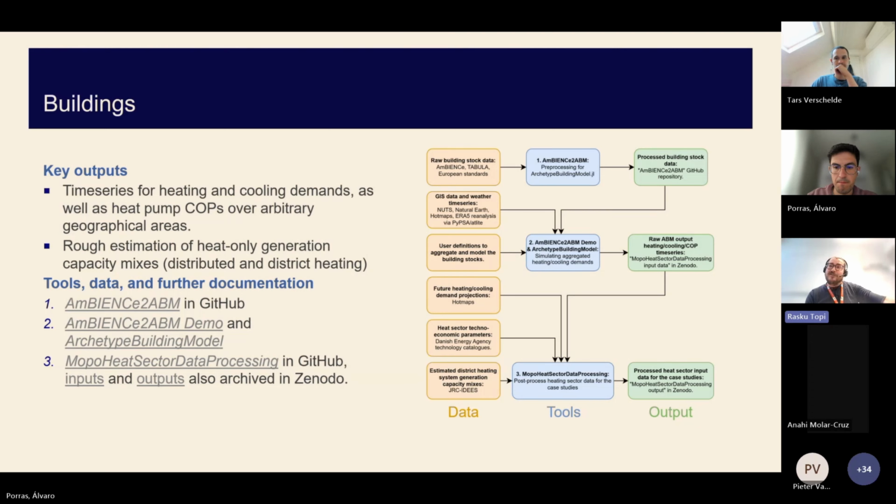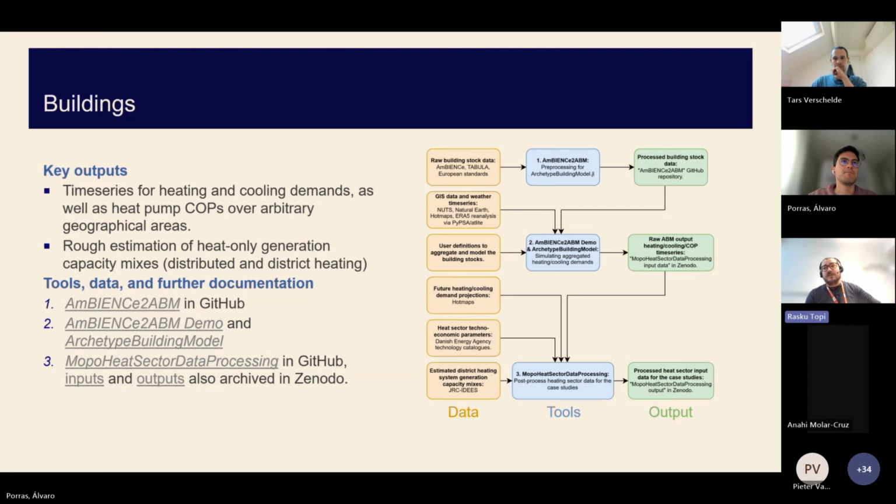But unfortunately, this kind of bottom-up modeling for the building stock is very heavily dependent on the quality of the building stock data, which for this kind of a wide area is not very reliable. So it is better to use top-down projections to normalize those time series to more reliable values, which is what the last tool does, the Mopo heat sector data processing.